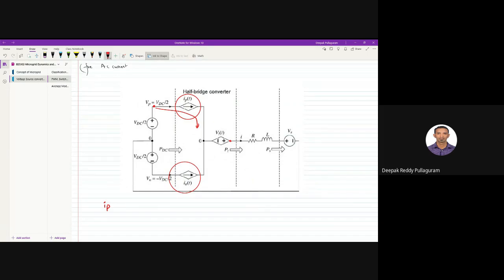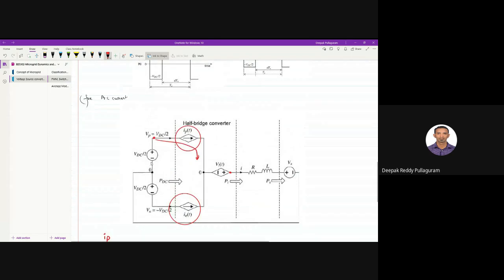Why I'm writing like this is, although we say that we have a diode, overall it is a switch cell unit. It's a combined unit. From a switch point of view, the diode and transistor both coexist, isn't it? So we need that net current.